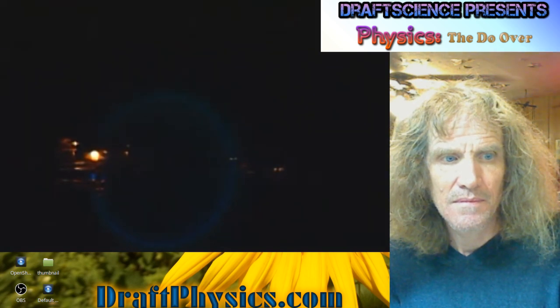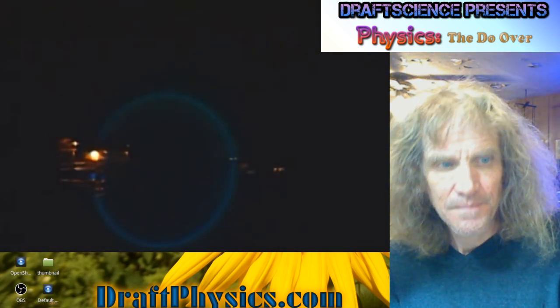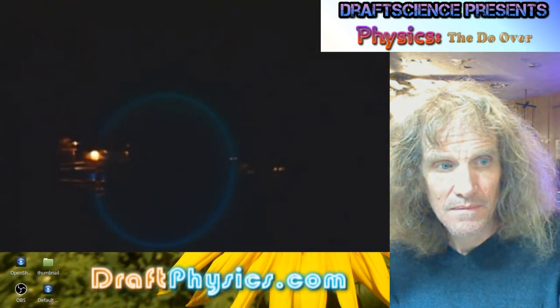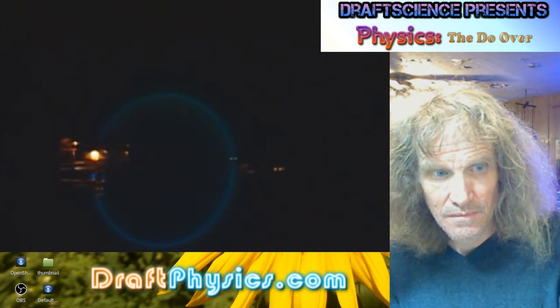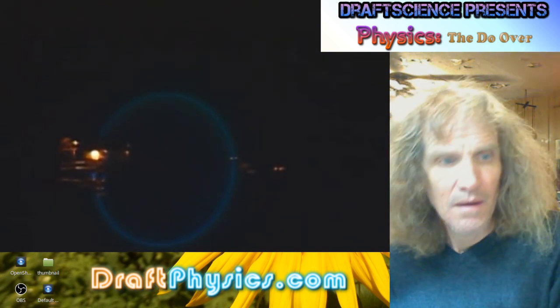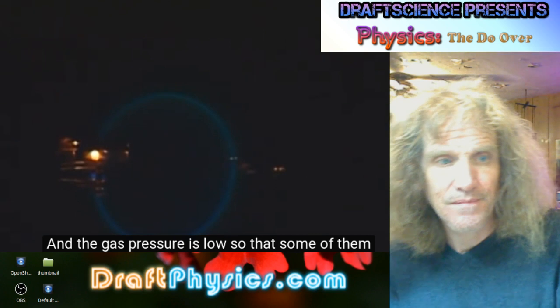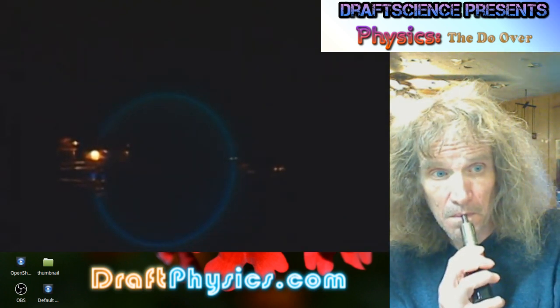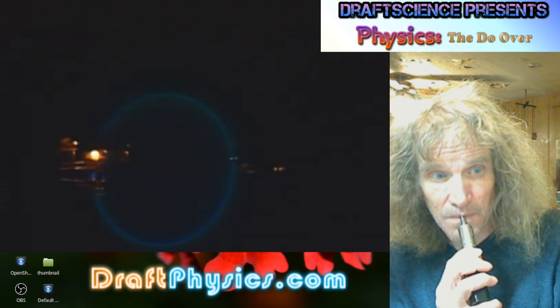So this is the electron gun here. It's a potential difference, which I set roughly at 100 volts. And here you see these electrons going around, and they go around roughly 22 million times per second. It's unfortunate that we don't get to see exactly how the gun is set up and where the electrons are being shot sideways, which way they initiate into the field. That would be interesting. And the gas pressure is low, so that some of them make it all the way before they ionize the gas.